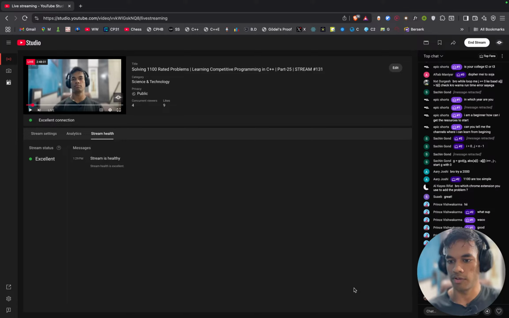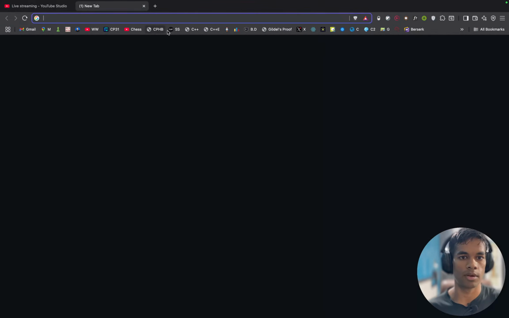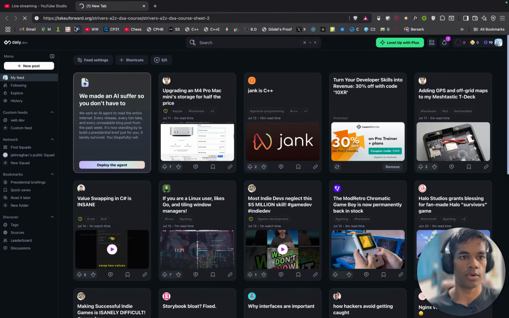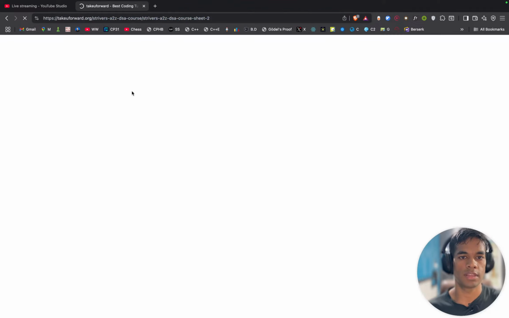What books would you suggest to begin understanding these concepts? Books. Well, they have to be beginner friendly. And these concepts, I'm not reading them from a book. I am doing this thing for DSA, Striver's sheet, and